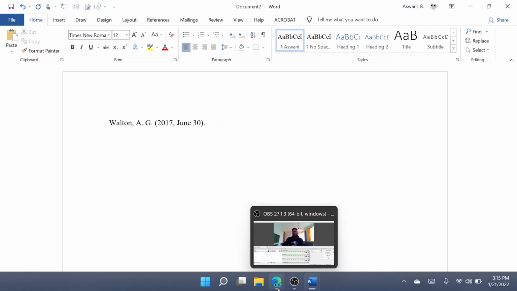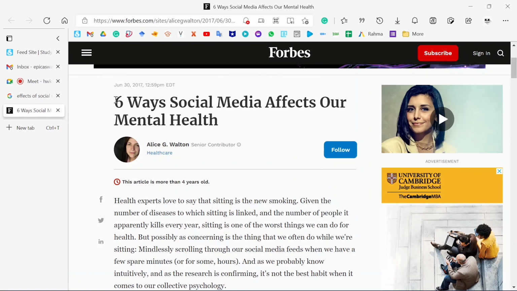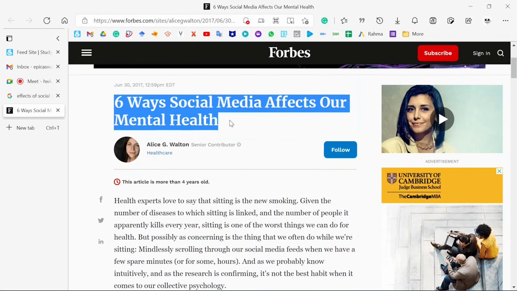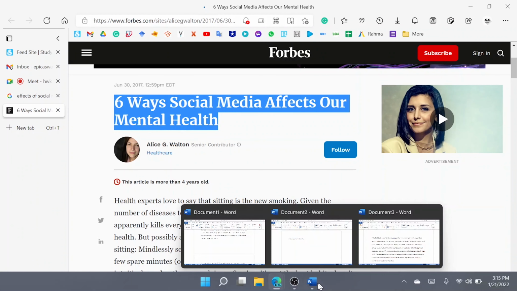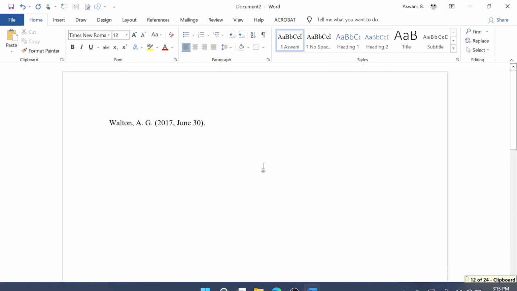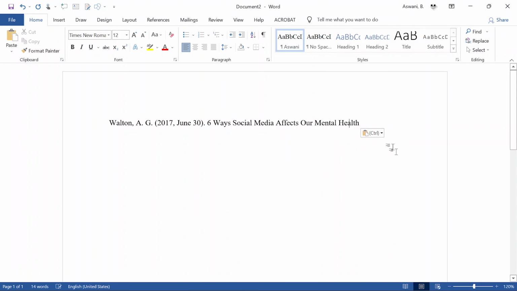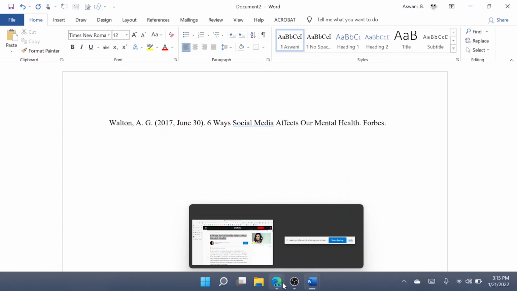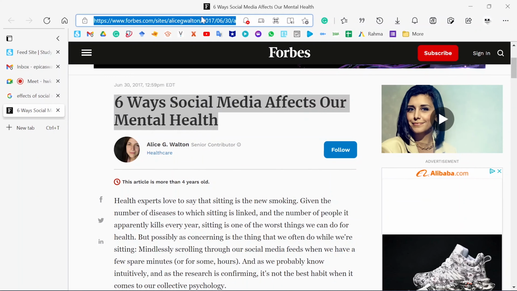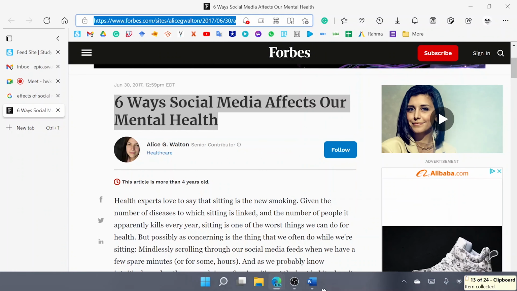Then get the title, put a full stop. What next? We have now the Forbes, and then we have now the URL. Just put a full stop, it's no problem. I know some put a comma, but that's for journal articles. And then we have